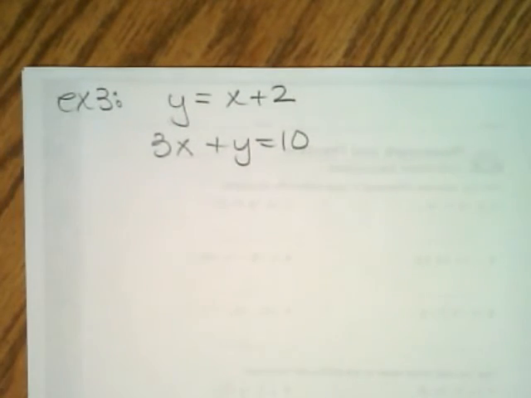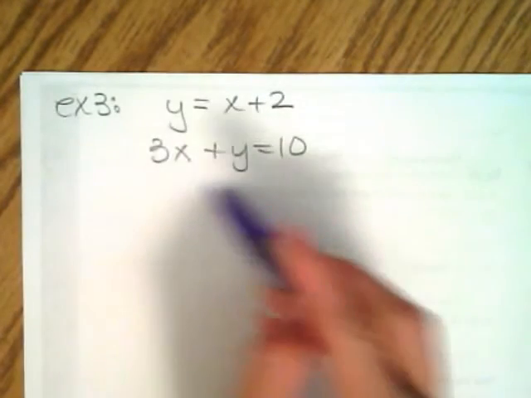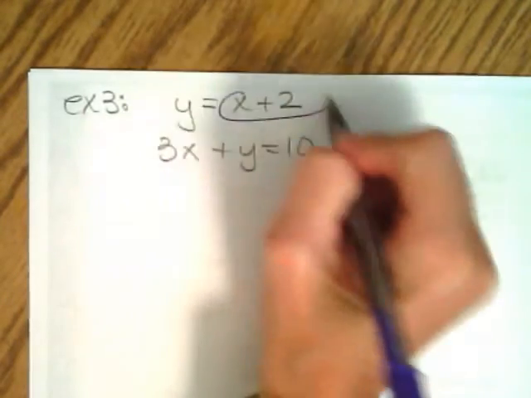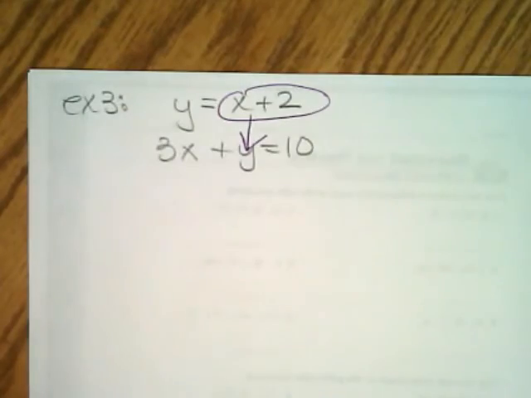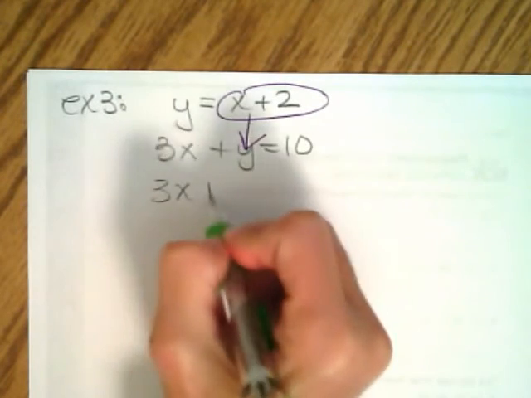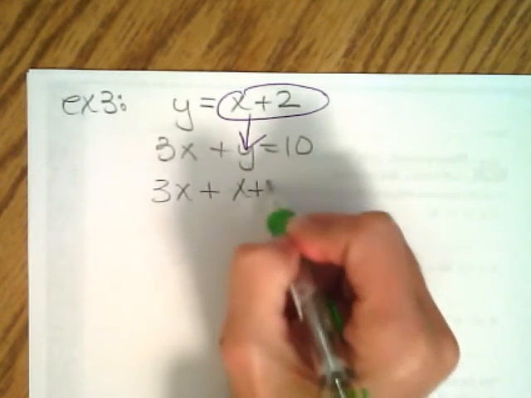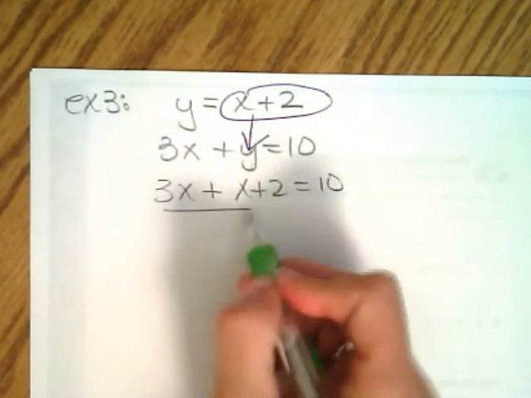Okay, so now you see that I have one equation solved for y and one equation in standard form, 3x plus y is equal to 10. Well, obviously, I could rewrite this one and solve it for y, but there's no point. If this is my y, I'm taking all of this and plugging it in right there. So now, instead of me writing y, I'm going to write x plus 2. Collect like terms,